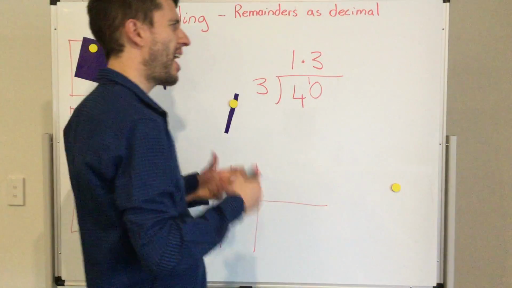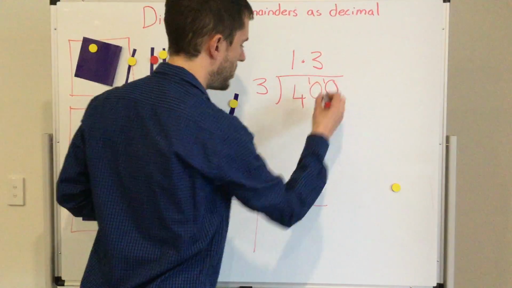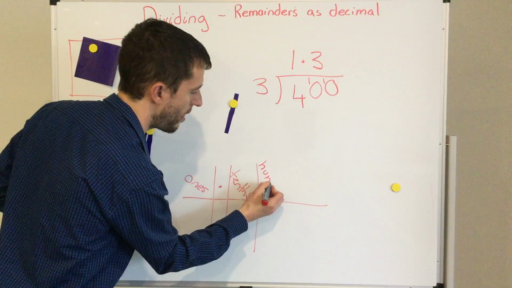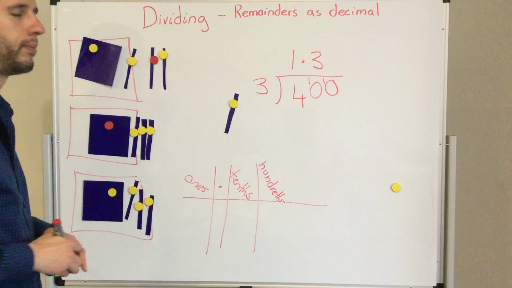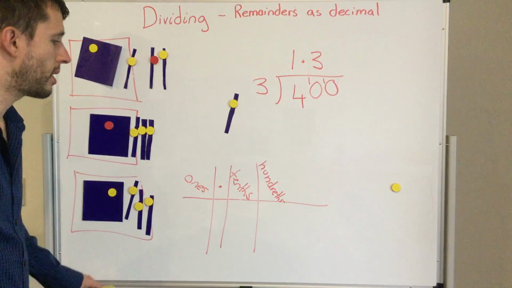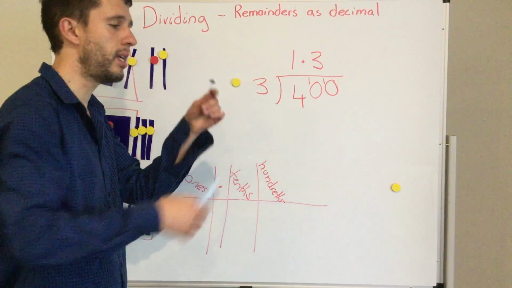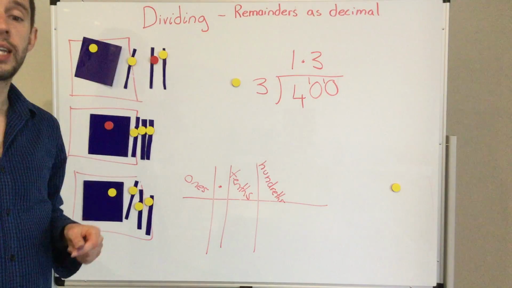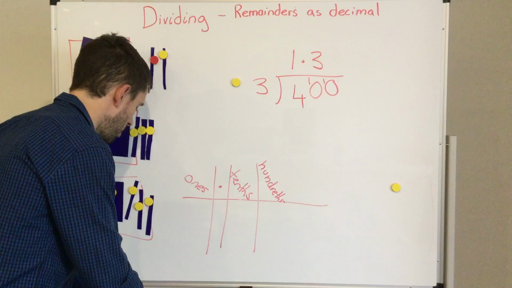So again, I have to carry that down. There's nothing here, so I drop the 0. That means I'm going to the next place value. The next place value is the hundredths. Because I'm going into the hundredths, I will be cutting this into 10 pieces, and it's going to keep on going. So if I cut this into 10 pieces,